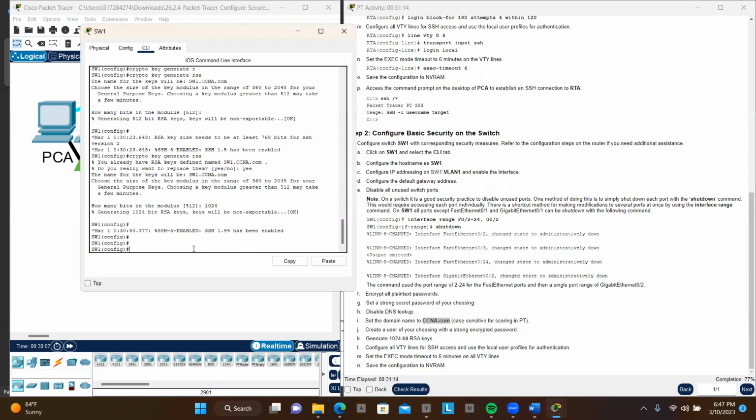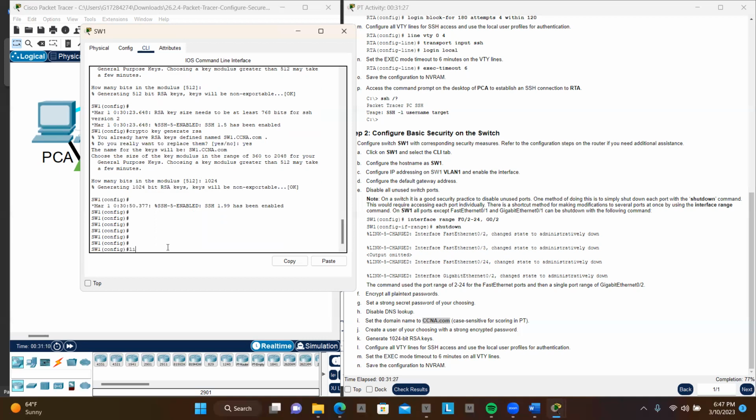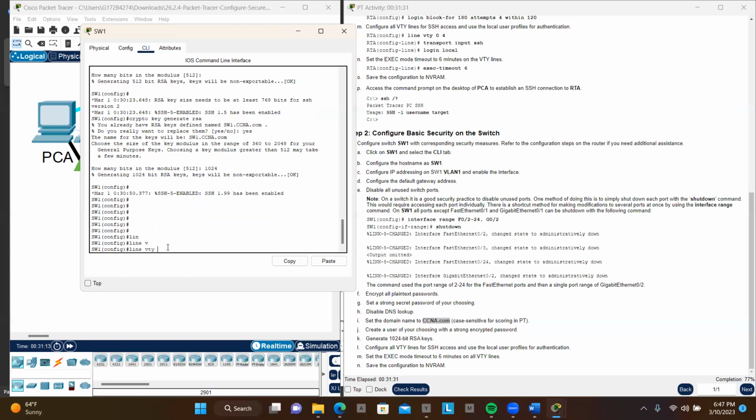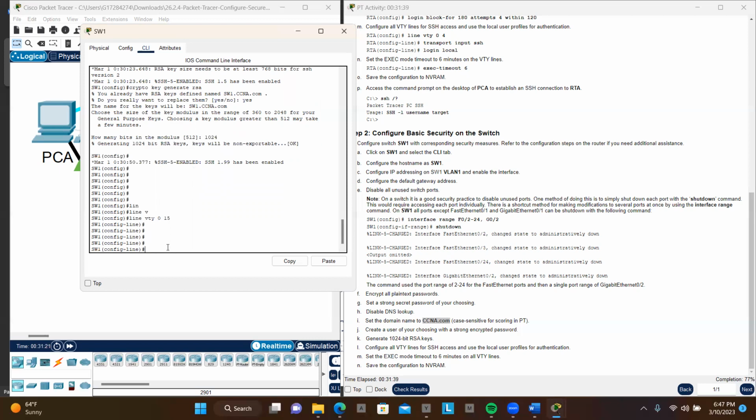Now, what else is it saying? We have to configure all the VTY line for SSH access to use the local user profile for authentication. So now guys, here's the tricky part. Remember that the line VTY on the router is 0 to 4, but on the switch it's 0 to 15, okay? So then,